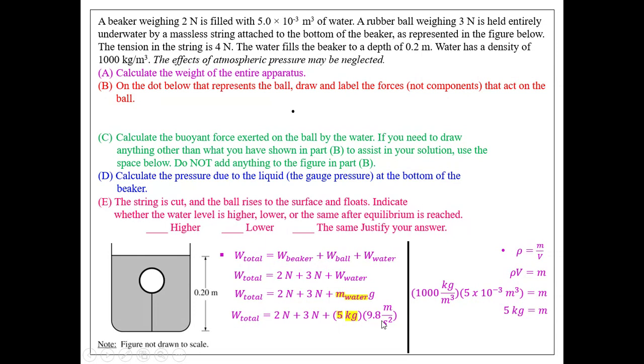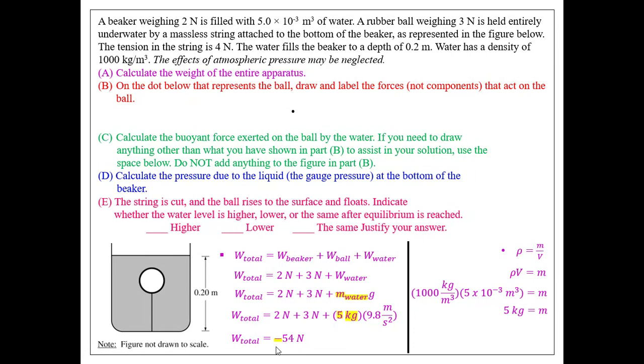So I'm just going to find the magnitude. If you simplify all of this, you'll get 54 newtons. However, on a technicality, weight is a vector. It's like the force of gravity, and the force of gravity has a direction. It didn't say anything about the magnitude, so I'm just going to include the negative sign, but it's up to